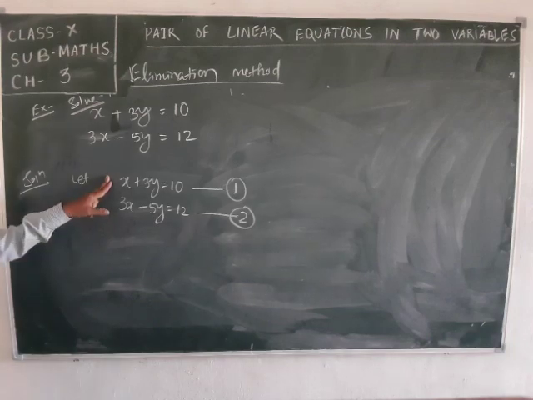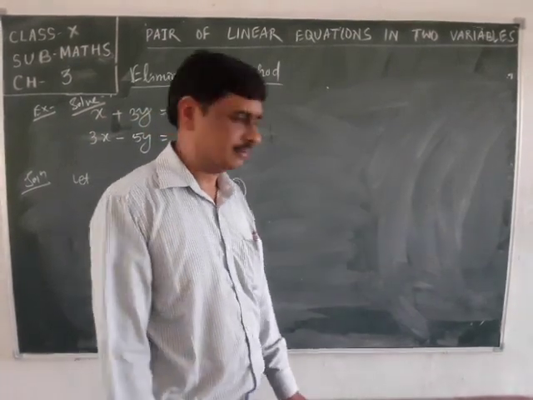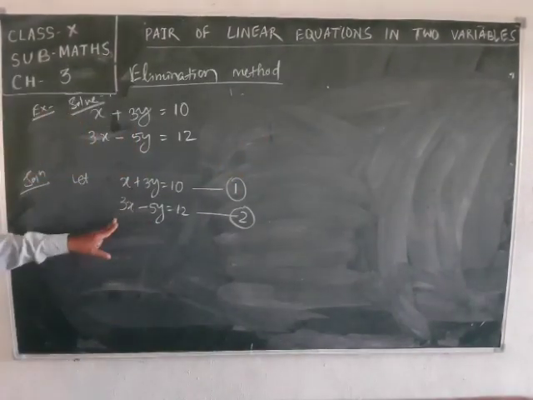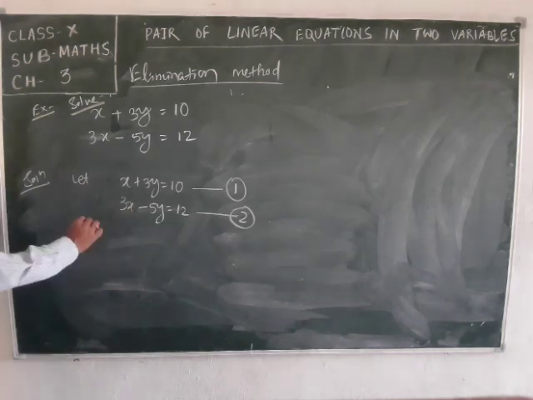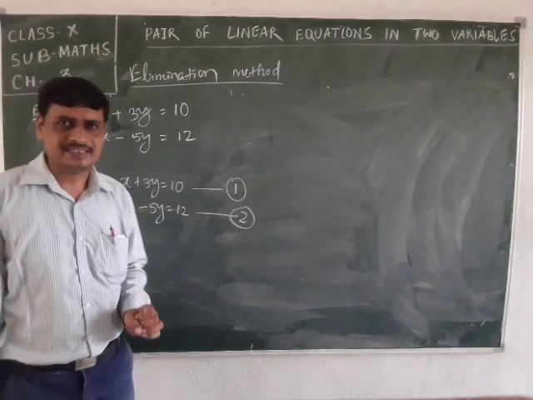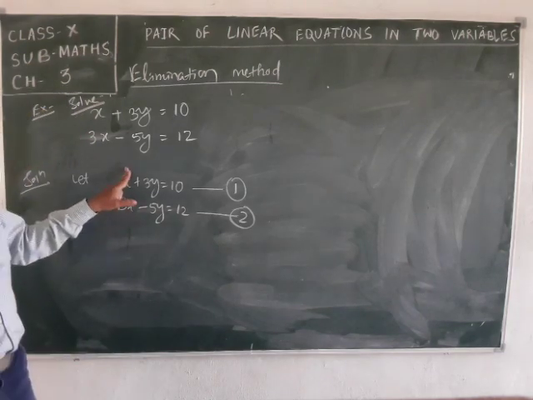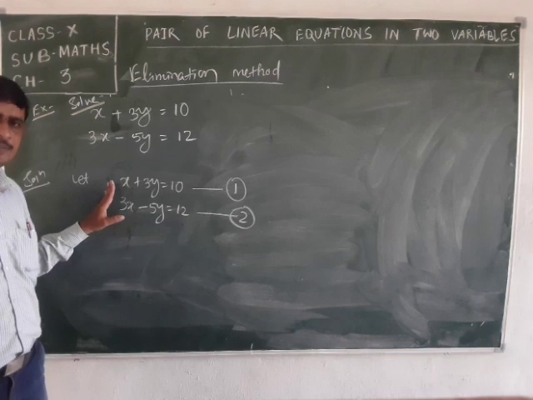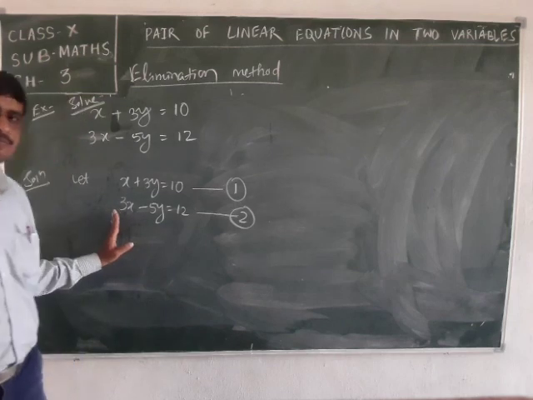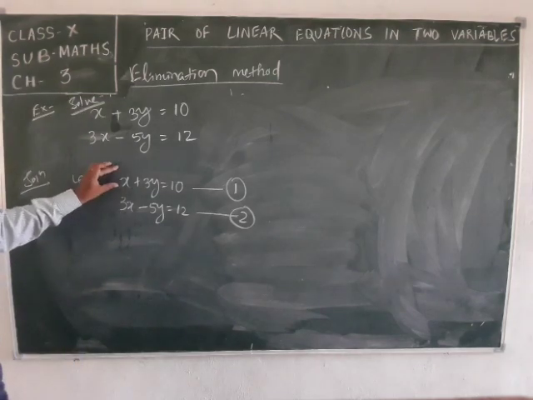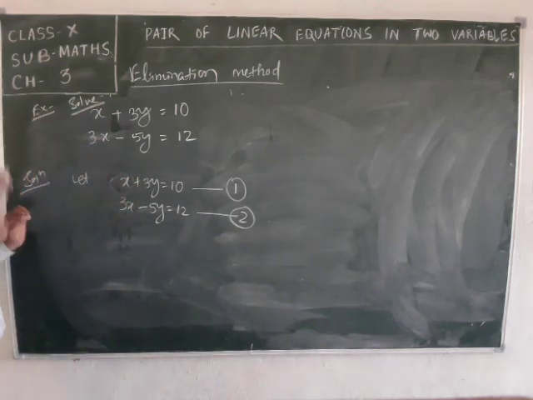So to make equal coefficients, we have to multiply the equation with a constant term. Here, if we want to eliminate x, first we have to know the coefficient of x in both equation 1 and equation 2. In equation 1, the term containing x has coefficient 1, whereas in equation 2, the term containing x has coefficient 3. Since we have to make them equal, in this term we should have 3x.